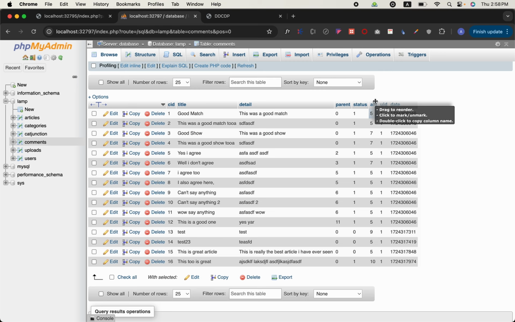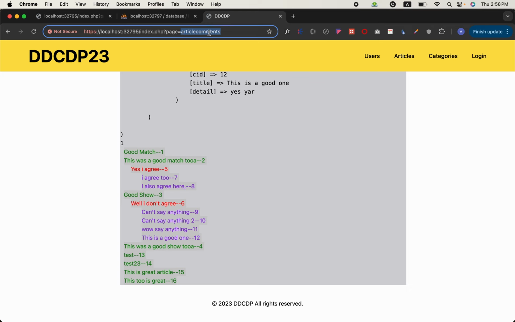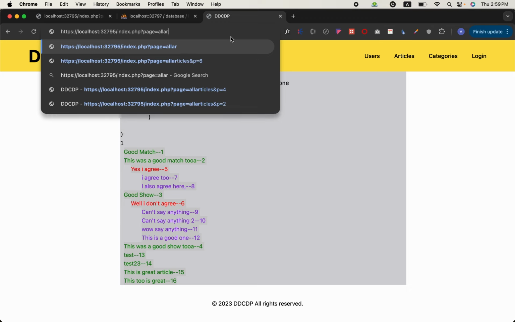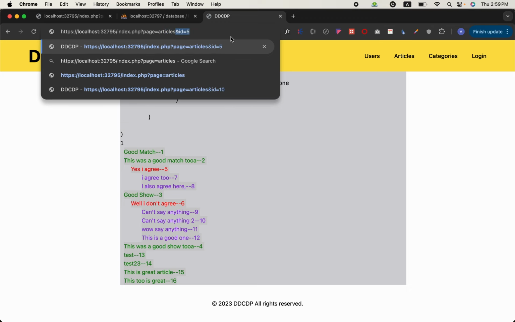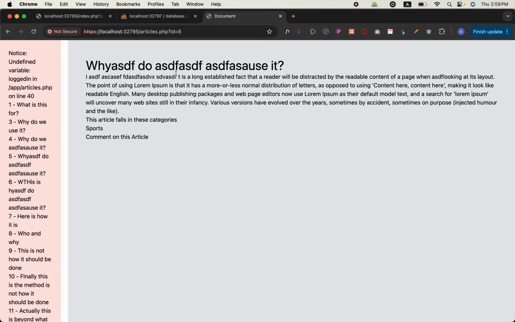For example, article 5 has many comments, so let us open article 5. This is the article 5 page. So here